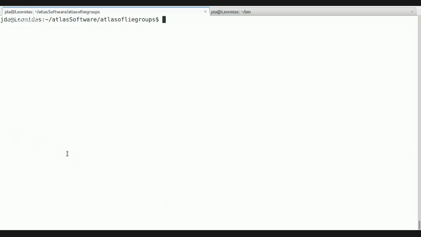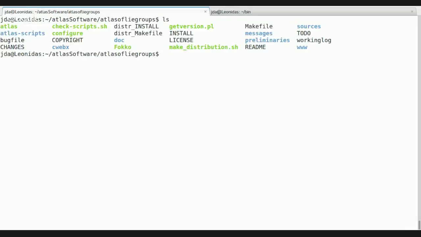Welcome. This is a brief tutorial on how to start the Atlas software, and in particular how to start it in such a way that it has access to the auxiliary files that it needs. I'm going to assume you've already installed the Atlas software. Let's take a look. I've installed it in this directory here, and the file that I'm interested in is this